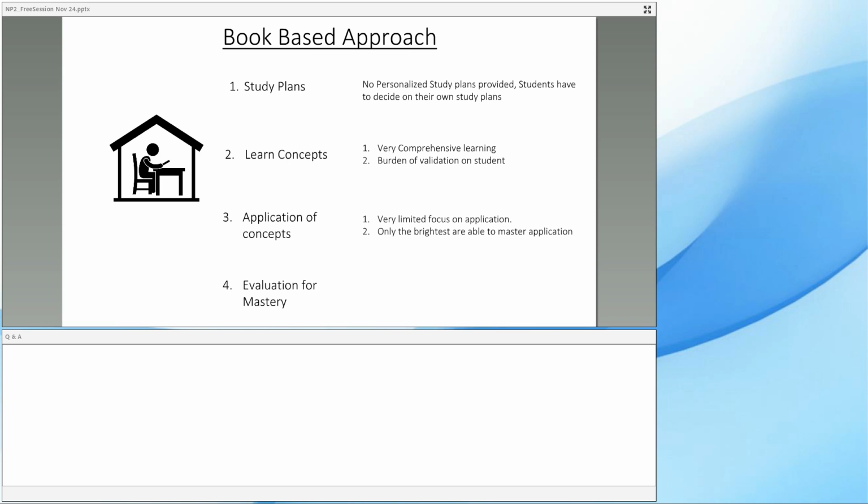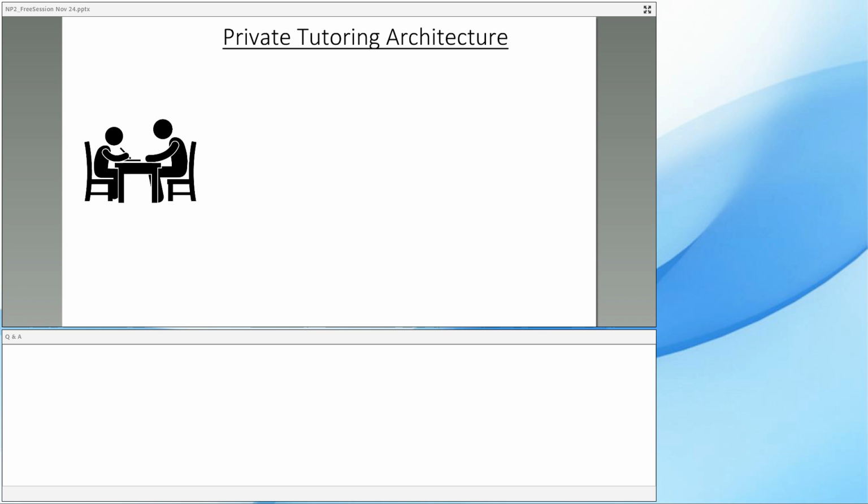Then you have to figure out whether you've learned enough or you've mastered the application enough that you are among that top 6%. And this is an onus that is on you. Most book-based architectures give you a mock test to evaluate whether you've attained that level of mastery or not. But there's no other evaluation prior to you learning all the concepts. Or even if there is, it's not as comprehensive.